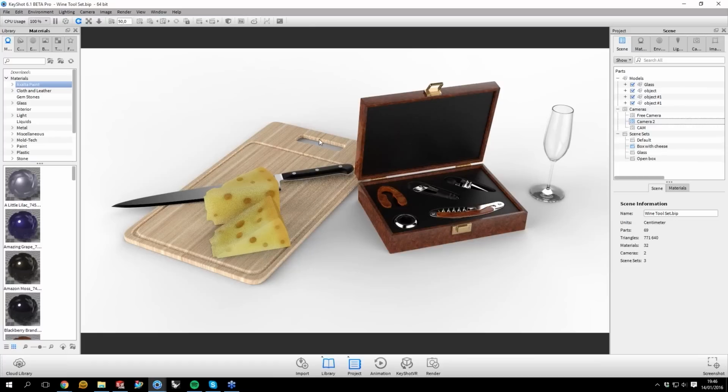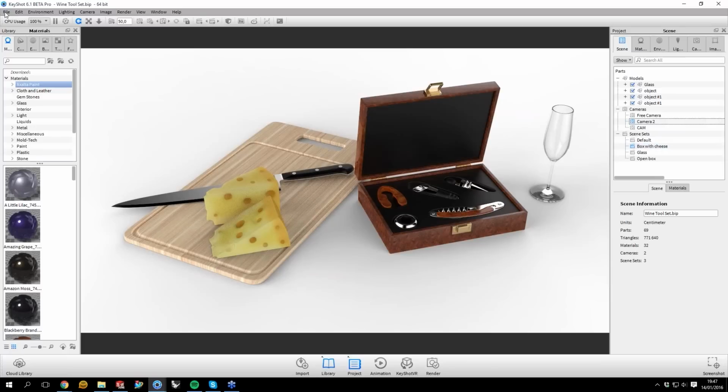Another option with regards to a scene set that we added is to save out scene sets as a scene. Say we are happy with this scene set and we want to share it with a KeyShot user that has no Pro license, so just the KeyShot HD license. Previously it would be kind of problematic because the scene sets are not accessible for KeyShot HD users, but say we want to save or share this scene set with a KeyShot HD user, what we can do now is